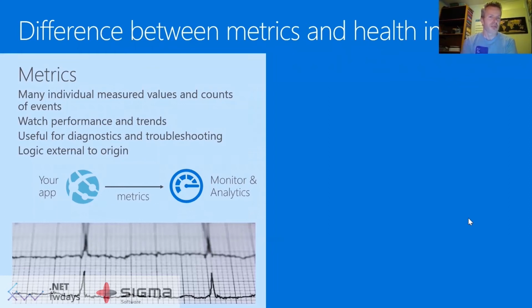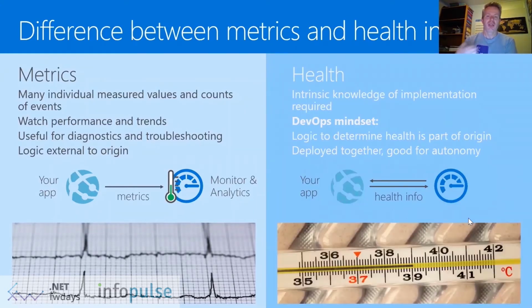So summarizing, and also pointing out the difference between metrics where you send out this information as a stream to something that is monitoring, like you would be sending the vital signs to your doctor. That's one way of doing it. And the health is determined on the outside, not inside of your application. And what we start looking at is what if your application knows about this information? So the monitoring system would query your application and ask to send the health information, because you can send that